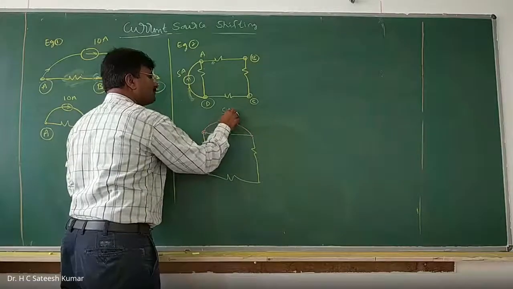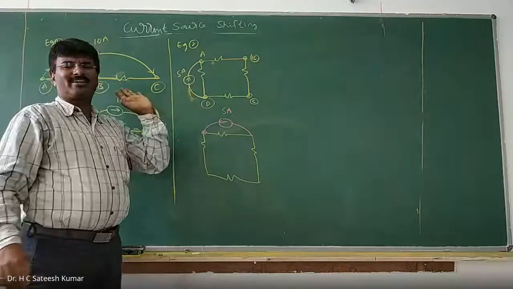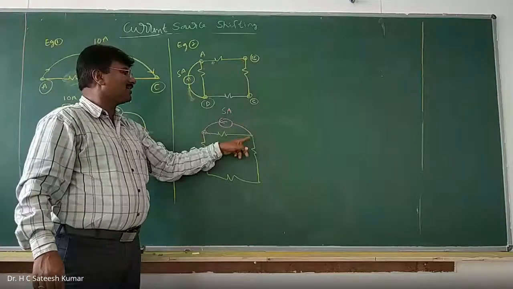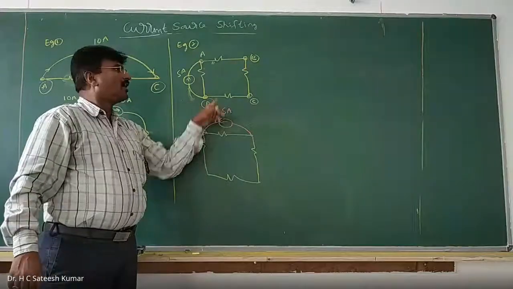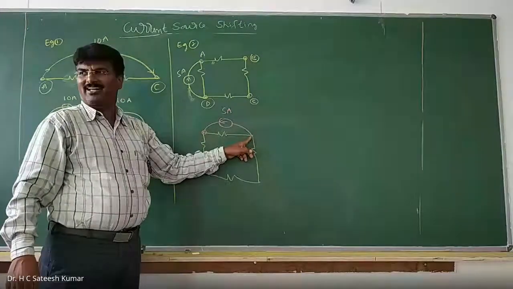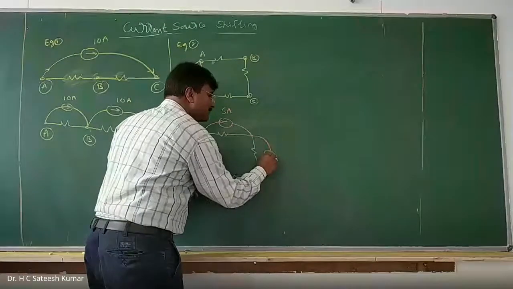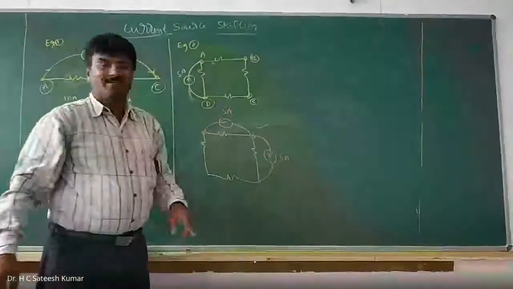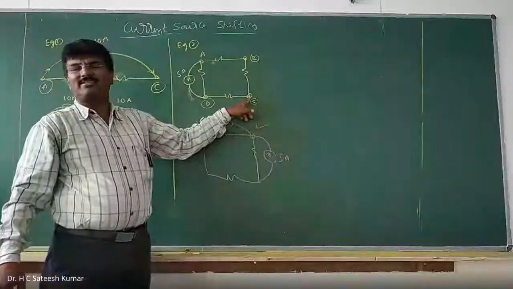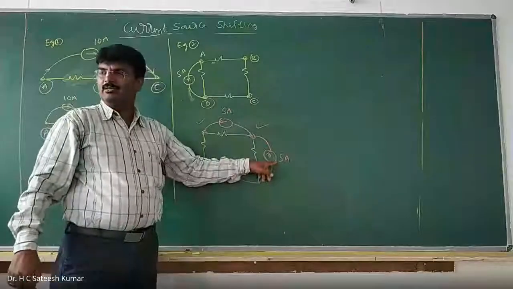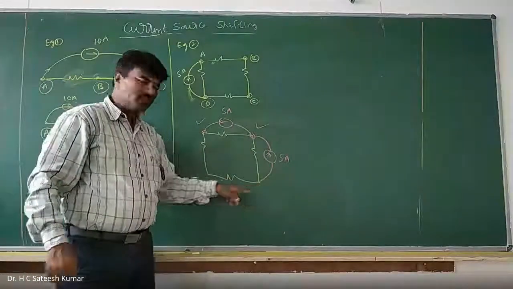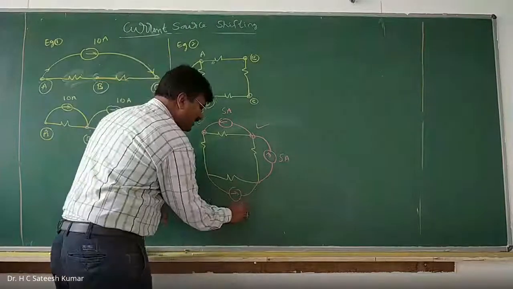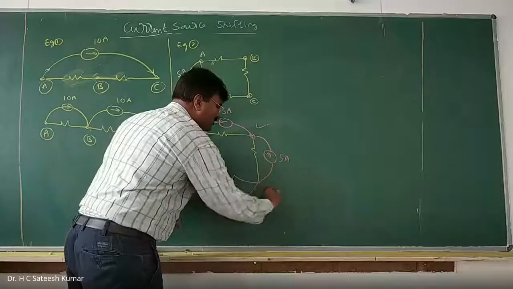5 amps entering, I have taken care of this. This one is disturbed: the net current is 0 in this junction, but 5 amps is leaving. If 5 amps is leaving, to make it 0, what should I have? 5 amps should enter. So I'll write it as 5 amps entering. Okay, this is taken care of. Now this one is disturbed because the current at this junction is 0, but 5 amps is leaving. To compensate, 5 amps should enter. Now 5 amps entering, 5 amps leaving, and this is also taken care of.